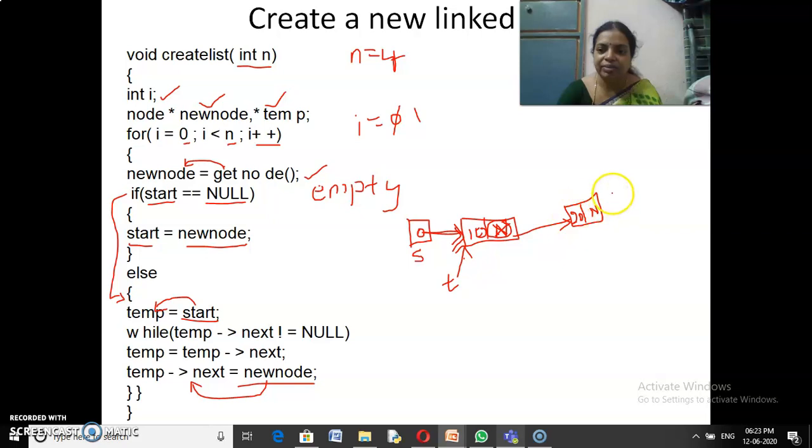This will be repeated 4 times because our n value is 4. So it is repeated 4 times, and every time one new node is created and attached to our linked list. Okay, next,